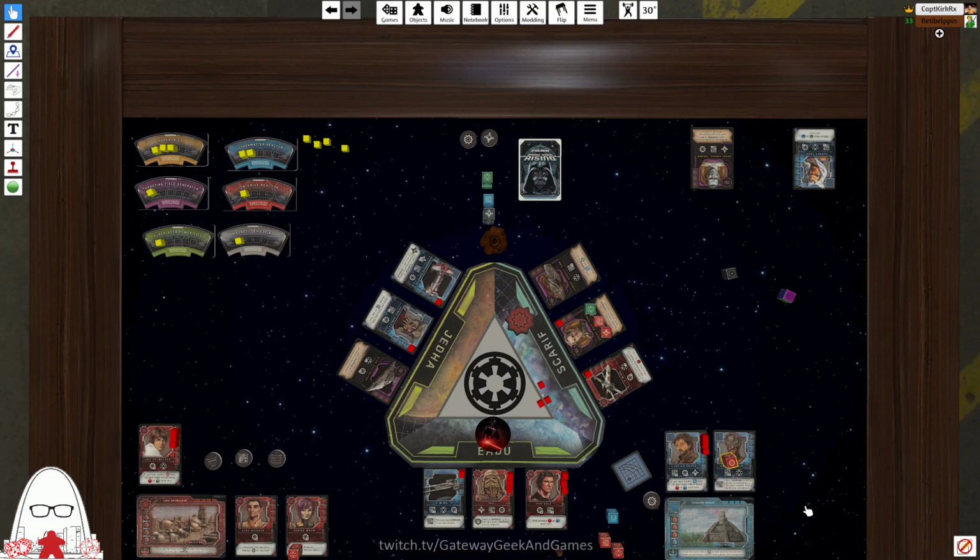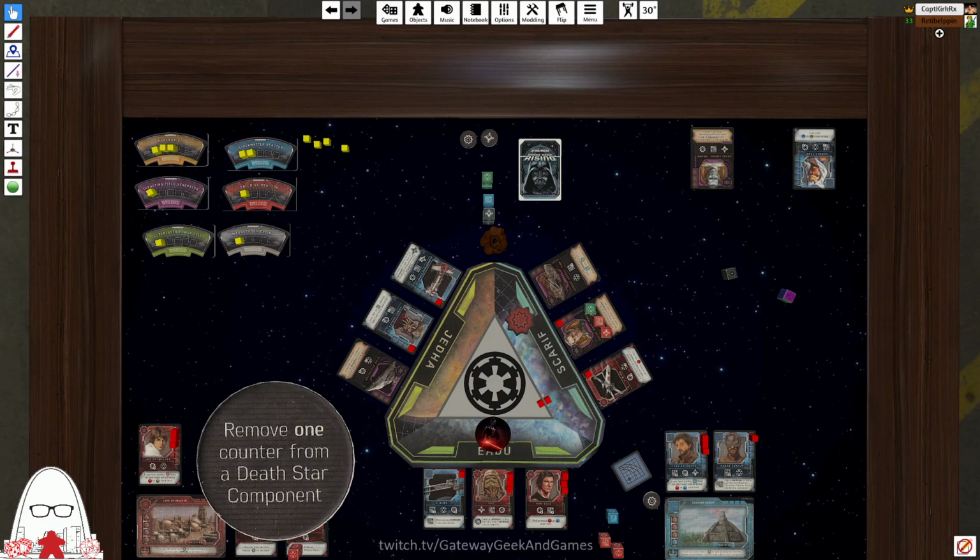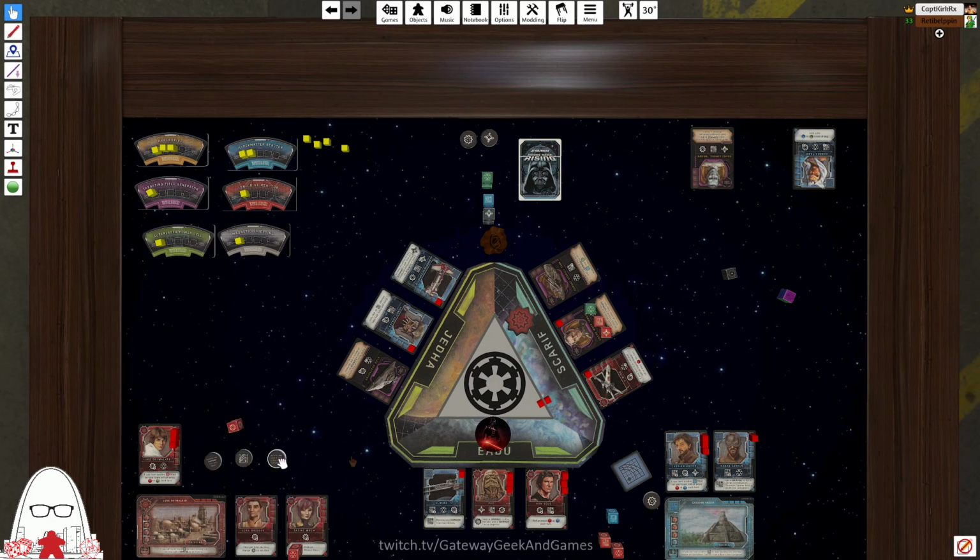What's Kanan do? Oh, wait, nope, nope, nope. I have to give him a damage? I don't want to give him a damage. Well, did you see what I drew? Also, I can remove one counter from a Death Star component. Okay, if you want to do it, that's fine. It's your character, I guess. So if he takes damage, that's